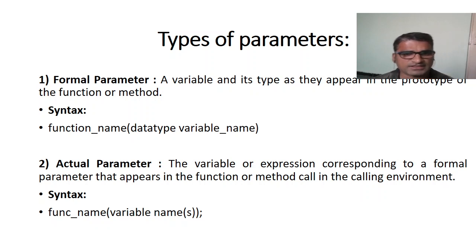A formal parameter and its type as they appear in the prototype of a function. So in order to define a formal parameter, I need to use a valid function name followed by a data type and a variable name, or we can also call it an object name. So in order to define formal